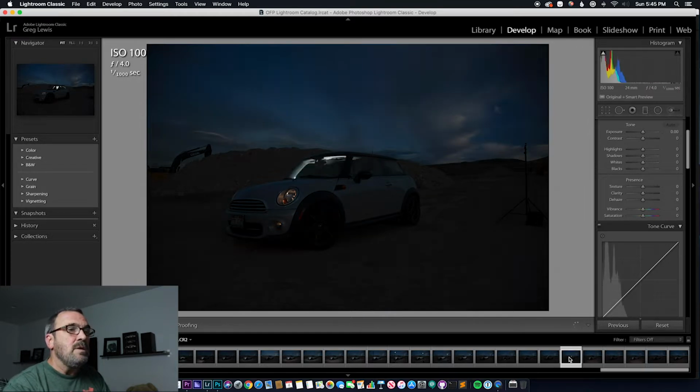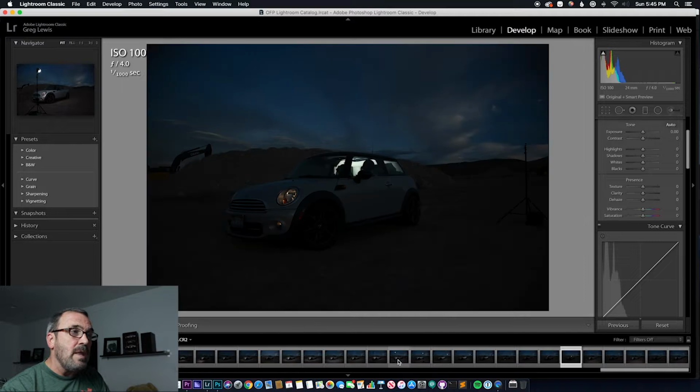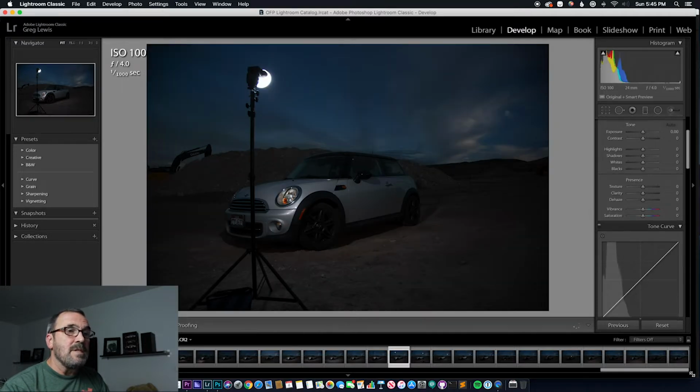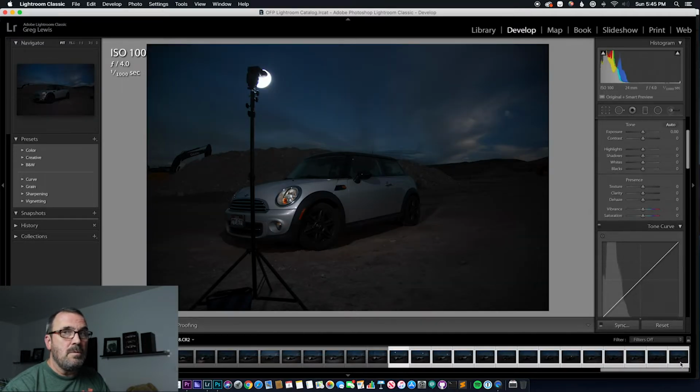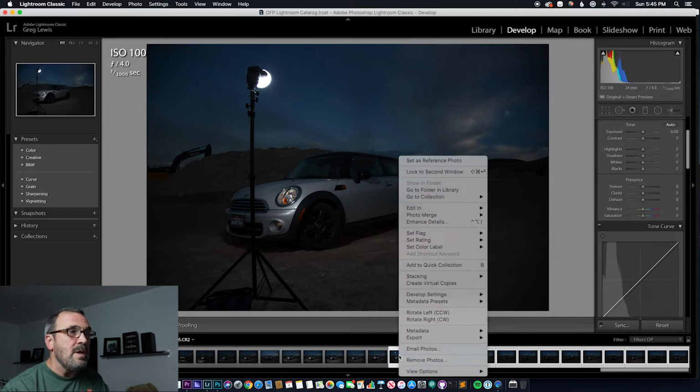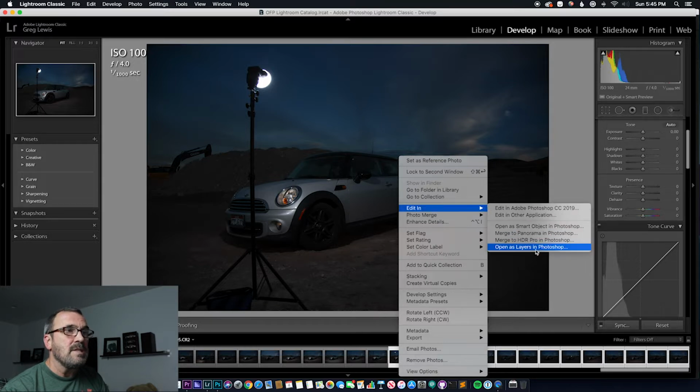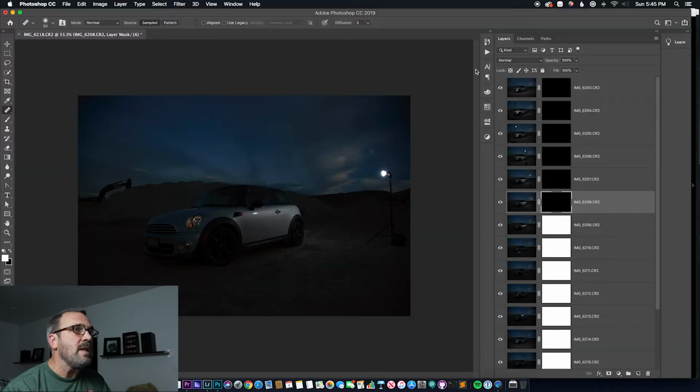So anyway, what you need to do is when you find the images you want to take in Photoshop, because Lightroom is great for some things, but it won't do layer masking. That's what we have to do now. So you go ahead and right click on all the images you want, and you say edit in Photoshop, and say open as layers in Photoshop. Okay, now you can see all the layers are here,